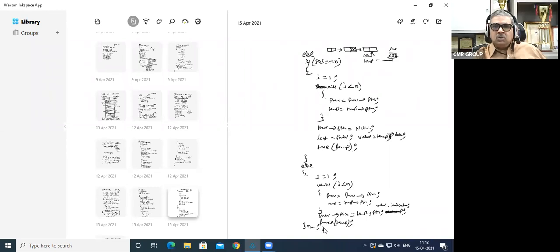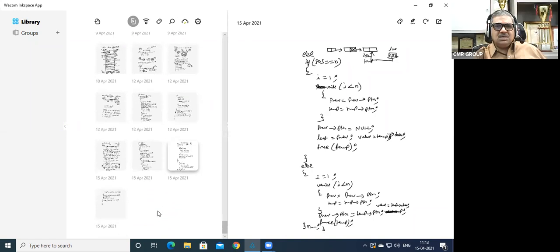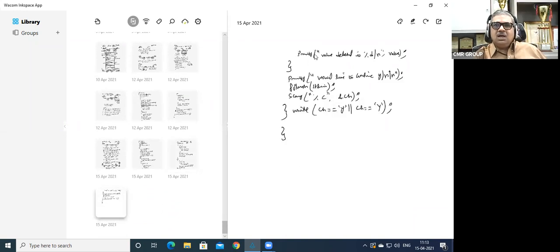Please make a note, this closing brace is not here because the closing brace is next to this one. Before that, I have once again taken printf value deleted is value, and then the closing brace of else has come. Now, would you like to continue y or n, fflush stdin, and scanf ampersand ch you have taken. And while ch is equal to y, you have done this, and then you have closed the do while loop and closed the function here. Is this clear now? Anybody has got any doubts, please?